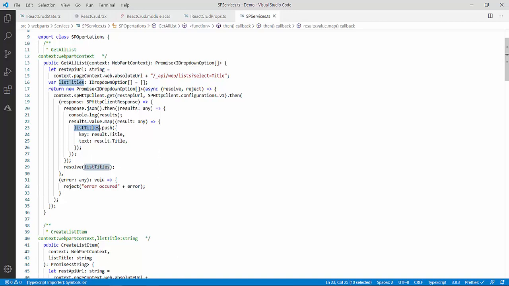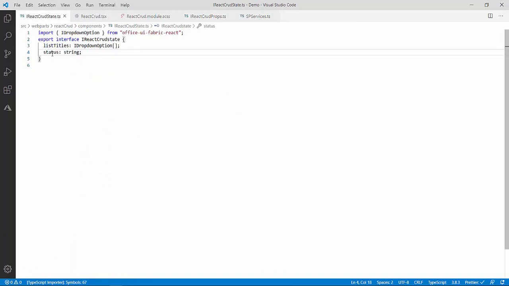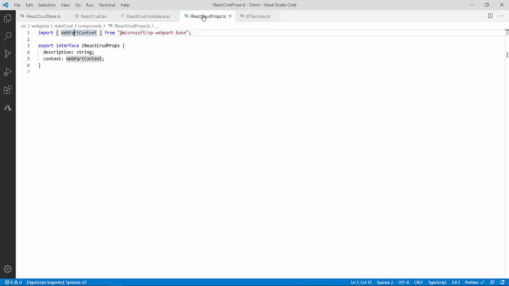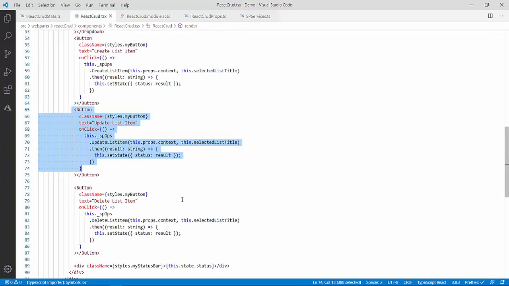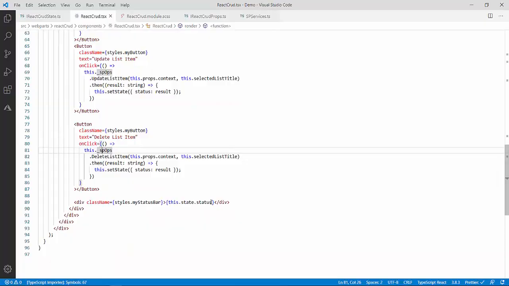So guys, in this demo we saw how to use SPHttpClient, how to use the context, how to use the React state. You see that we are creating this status, and we are updating it for all the operations. You saw how we can use the properties. So in this demo we have pretty much covered what we have learned. The theoretical concepts we learned in part 6, I have covered in part 7 in the form of a demo. You learned about React events and how you can pass the parameters. So all those things you have learned.